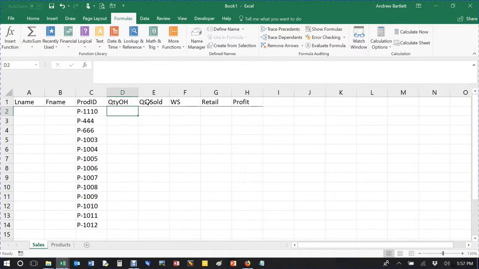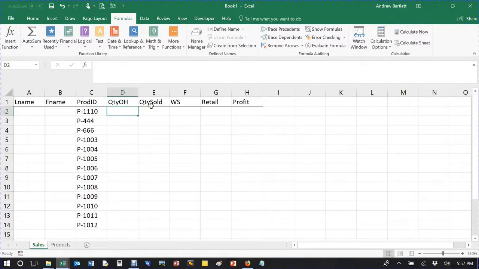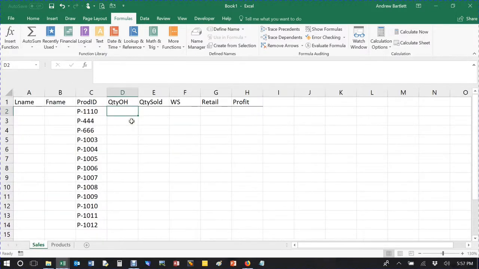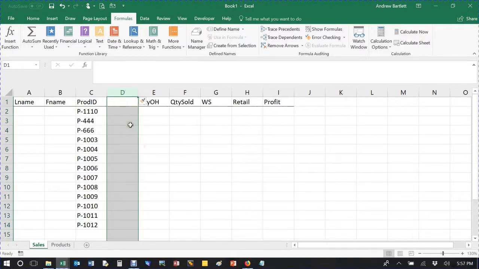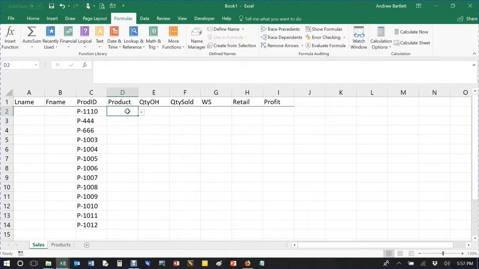So I want to get the quantity on hand, which is technically the quantity order that we had, or you name it. And I want to get the wholesale price. And of course, I want to get the item, or let's say, either way. Wait, let me add one other field over here. Obviously, we need the product. There you go. And one thing, in case you're noticing, see it did that automatically. It gave this, so you can remove this